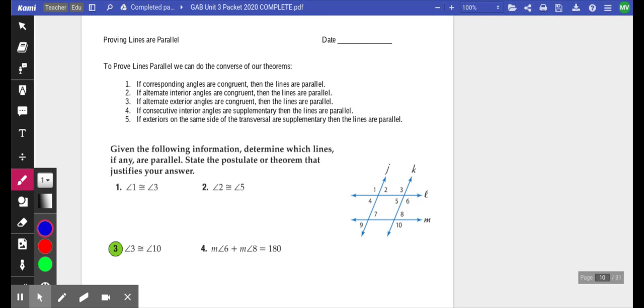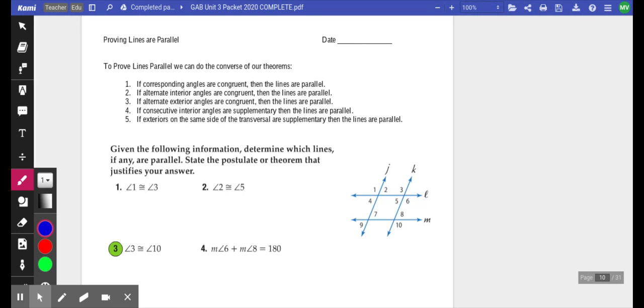So today we're going to learn an idea that's called the converse. The converse of our theorem is backwards. So the first theorem we're going to talk about today is, we learned yesterday, if the lines are parallel, corresponding angles are congruent. Well, if I read that backwards, it says if corresponding angles are congruent, then the lines are parallel. Now, it's important to note that not all theorems are true backwards, but the 5 we learned yesterday are indeed